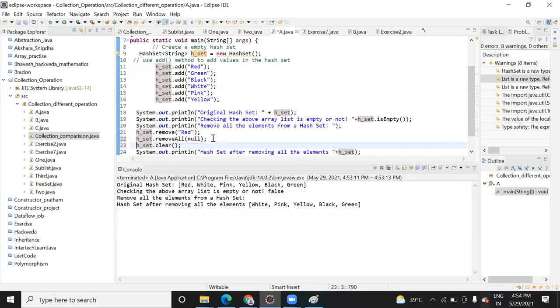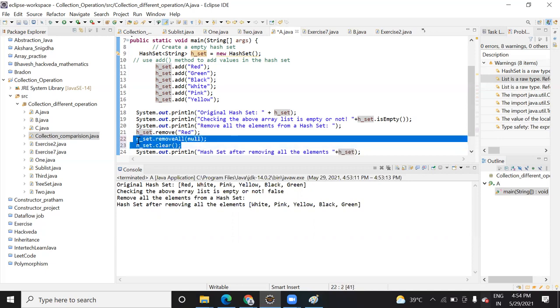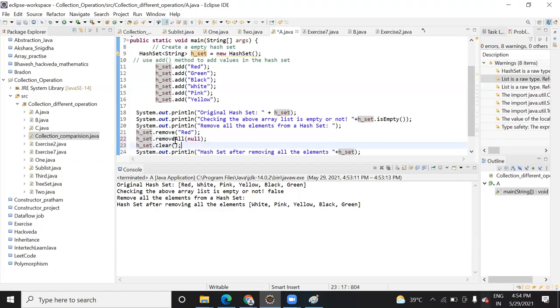Okay, I will check on these two parts. Your question, I will update you in the next class on the difference between remove all and clear. I will go into whether there is any difference between these two methods. But according to me, we can use them alternatively, either remove all or clear. Still, I will check once and update you.